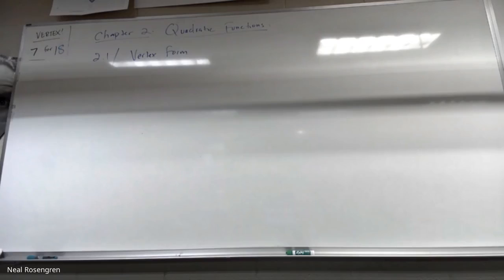You guys know what a vertex is when it comes to a parabola? Nice, yeah, perfect. Because what most of them are going to look like are just like that, right? That nice